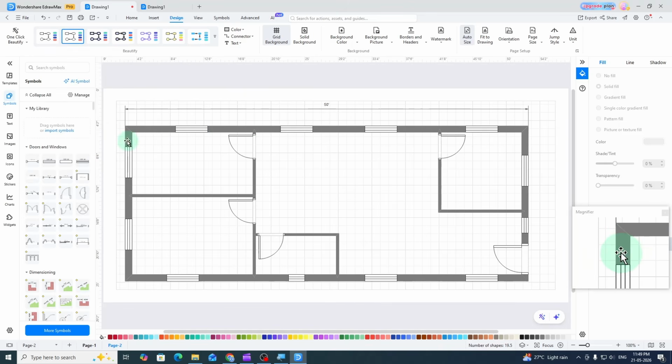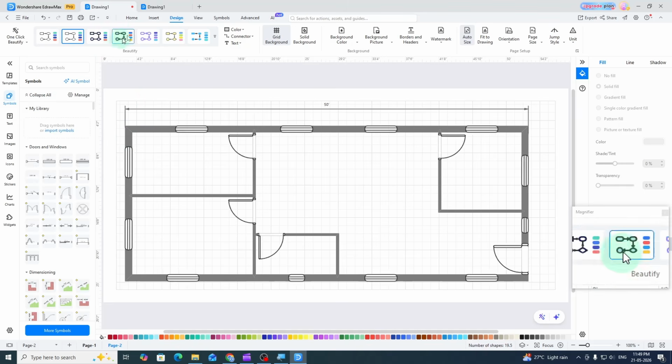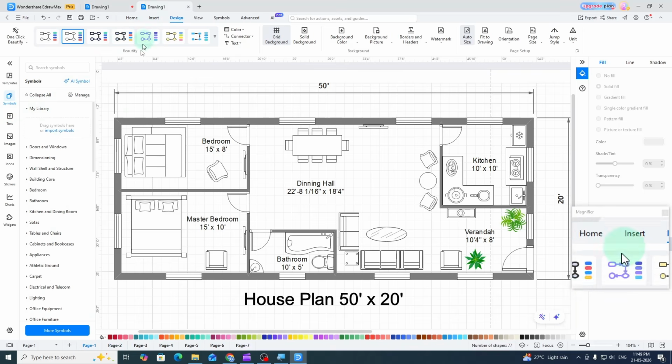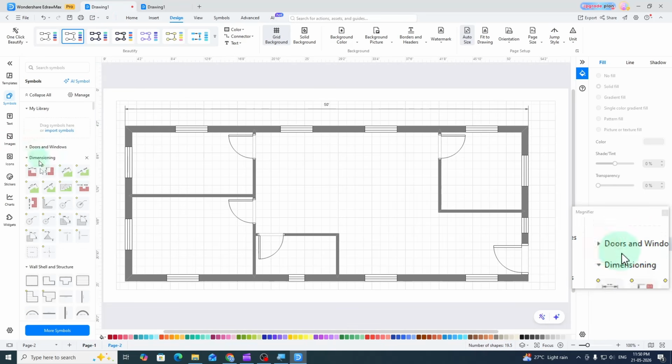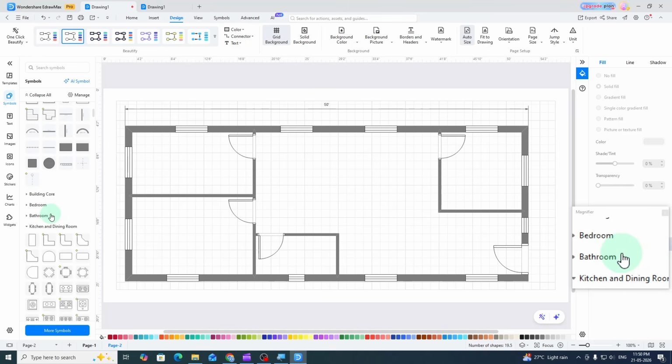Now the next step is to place the furniture. Okay, so let me have a look at the furniture that I have placed. So here we need beds, and I've placed some chairs over here, and I think this is TV. Okay, now let's do it. Let's collapse this, go down,